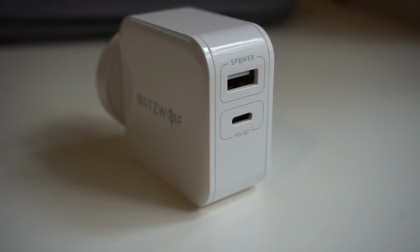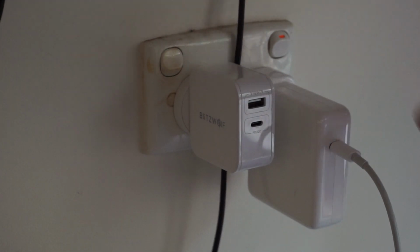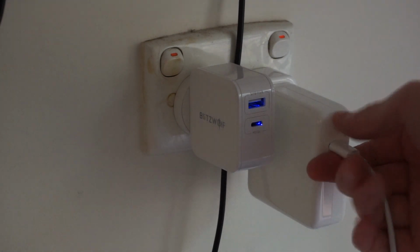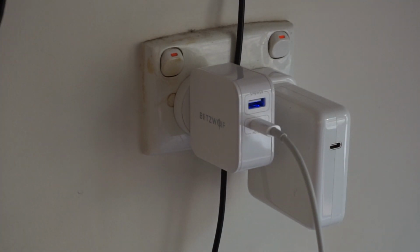For example, I could bring only this BW-S11 with me on my trip and use it to charge my USB-C enabled smartphone or my MacBook directly with a single USB-C cable. There's also a regular USB Type-A output, so you can charge up to Quick Charge 3.0 with it. You can also use both ports at the same time, which is very handy, and it does feel very high